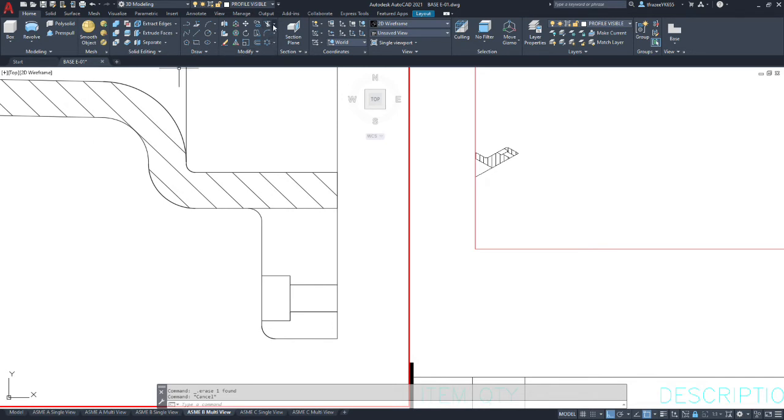First we're going to trim this off. So let's go to trim the segment that hits the fillet, and then we can come back and delete the other line. And now we're going to use the extend command to extend our hatches.